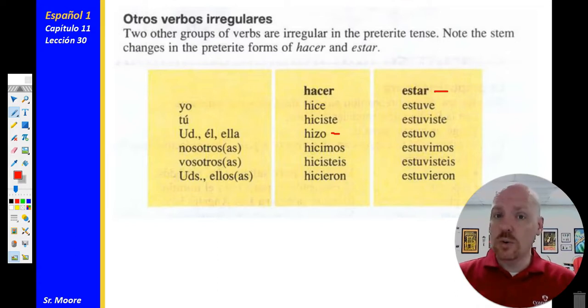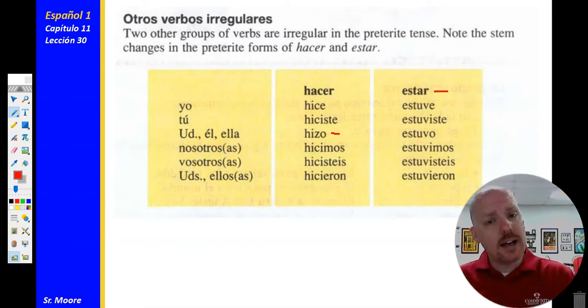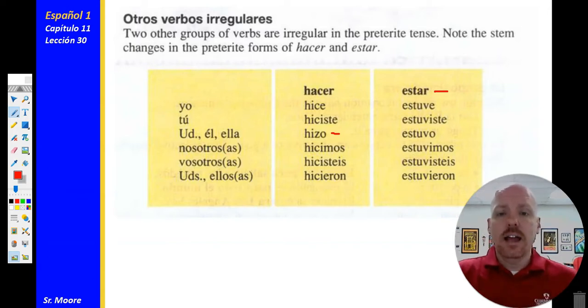Estar, to be, as in location and condition, is an example of a V group stem changer in the preterite. So we have estuve, estuviste, estuvo, estuvimos, estuvieron. So yo estuve would be I was. Tú estuviste, you were. Again, preterite is the past. So here we have hacer as an example of what we would call our I group stem changer. And then with estar, this is an example of what we would call our V group stem changers in the